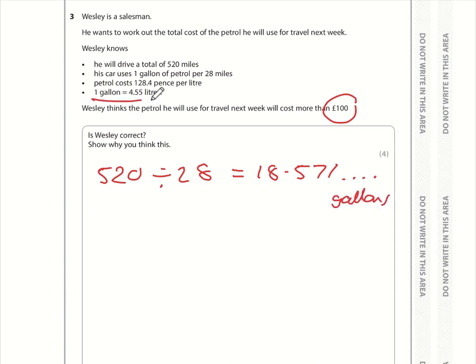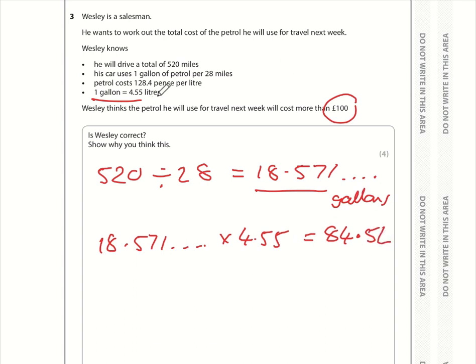Now we know that 1 gallon is 4.55 litres, so we've got 18.571 gallons, so we need to multiply this answer here by 4.55. Now, so that I'm not doing any rounding, this number here in full is sitting on my calculator, so I'm just going to hit times 4.55, and I end up with quite a nice number actually, which is 84.5 litres. Now we know that petrol is 128.4 pence per litre, so that therefore means it's 84.5 multiplied by 128.4 pence, and that comes to a total of